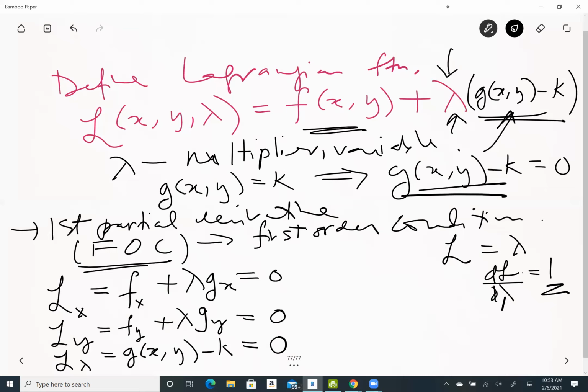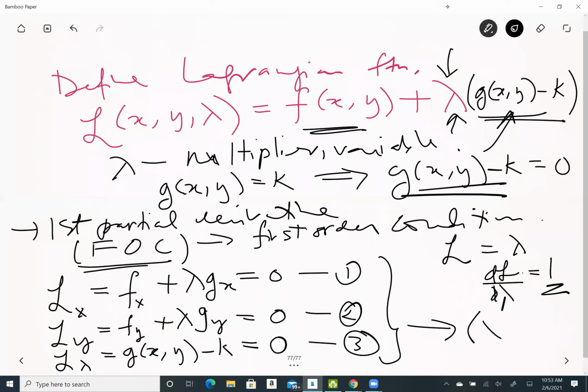So that is for the critical point. And here you have 3 equations: 1, 2, 3. For the partial derivatives, you have 2 equations, fx and fy. Then you solve the 2, you get the critical point. Here we have 3 variables, so therefore we have 3 equations. 3 variables, 3 equations, you can solve it. So you make use of the 3, you will find the point